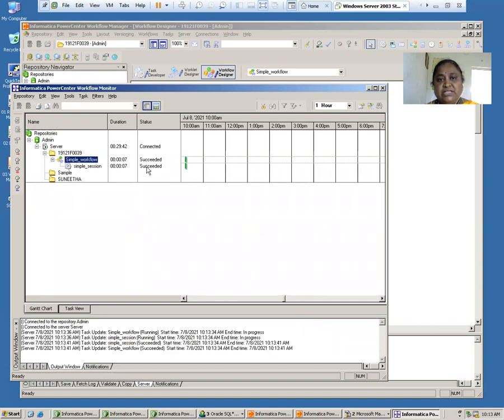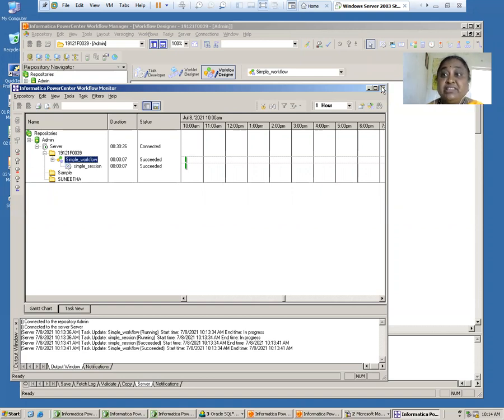Then immediately your workflow starts executing, right? You can see how it is executing and you can see here the succeed message, which is another component. What is this component? Informatica PowerCenter Workflow Monitor. In this, whatever executions you have made, whether the simple workflow and the session are a success or not, will be displayed. If any one of them has failed, then your experiment is wrong. If you get both statuses as succeeded, then you can say it is successful. Yes, my source data has been successfully transmitted to the target.